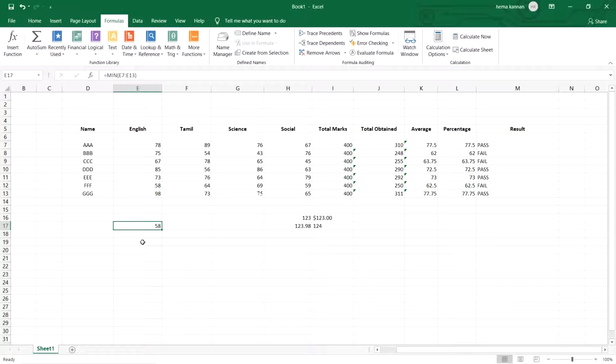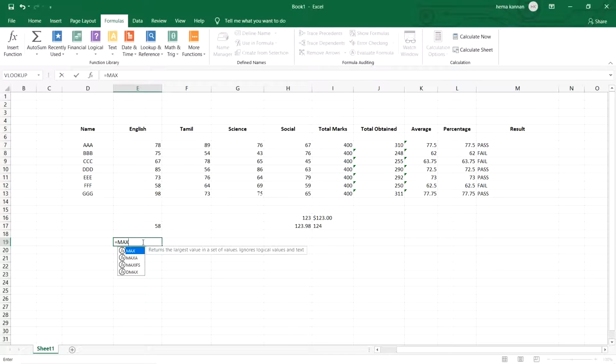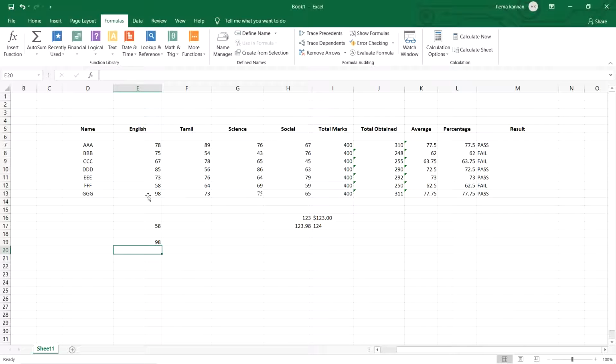The same way maximum mark will be calculated with the max formula, equal to max of, select the range here, close the bracket, then max will be calculated. Likewise in each subject we can calculate the minimum mark obtained and maximum mark obtained here.